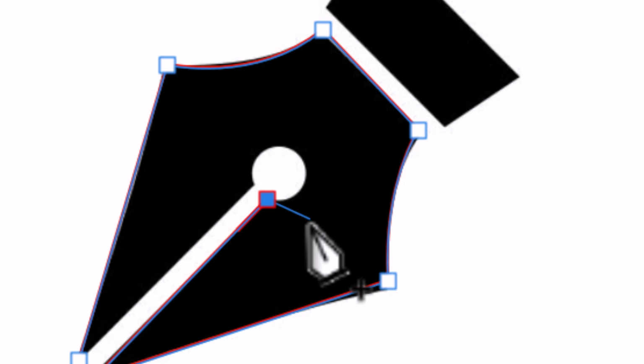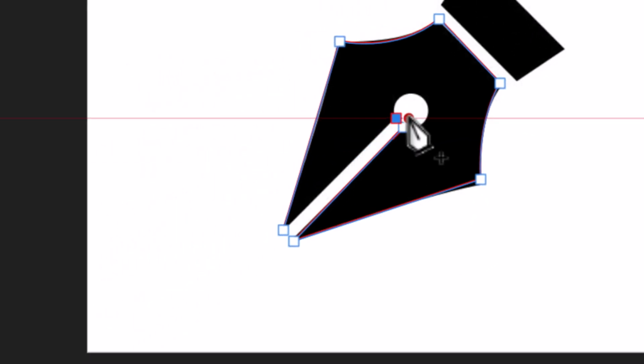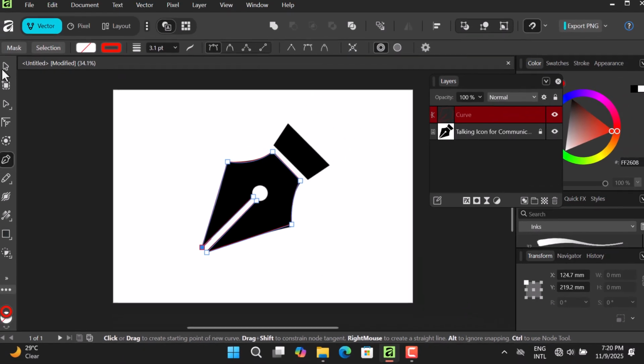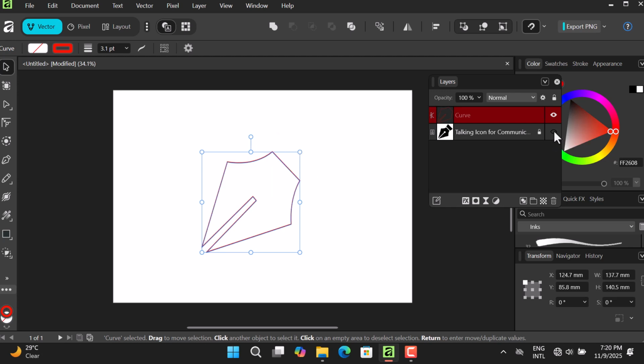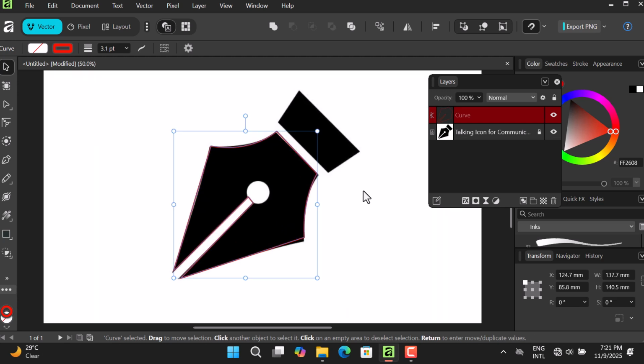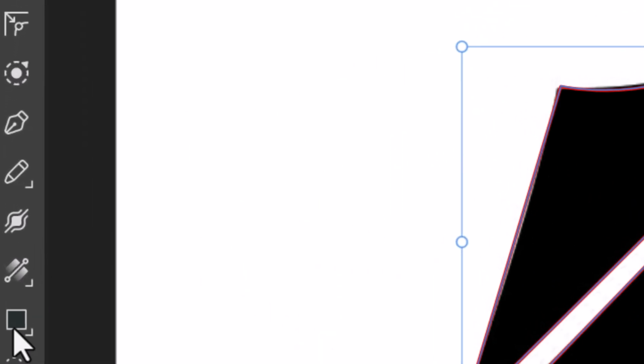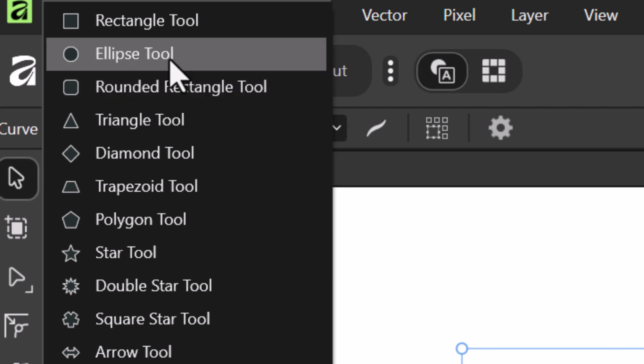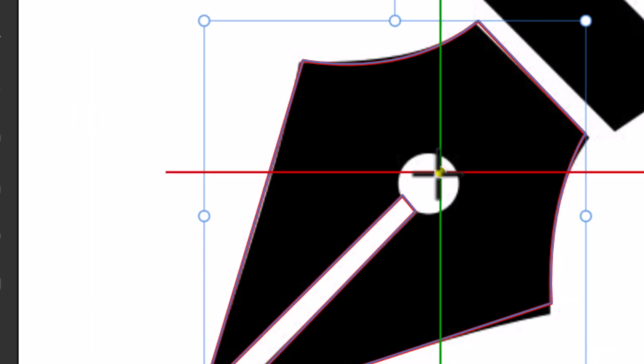All right, so let's just close it. Let's click here and click here, and look at what we have. We just have this, but we don't have the circle. I'm going to show you how you can create the circle. Let's zoom in. Now you can select the ellipse tool from the rectangle tool and draw